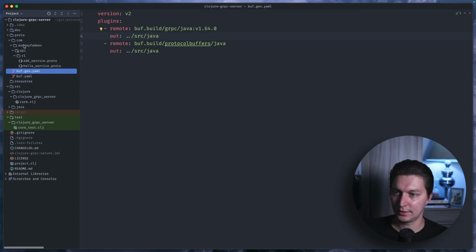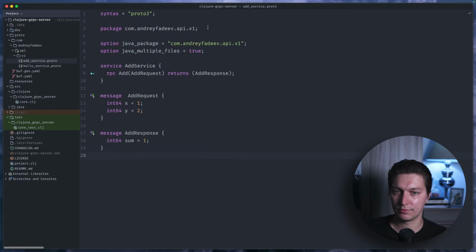And here we define our proto files, and the best practice, I believe, is to put them under some package name. So it will be com android api v1, and v1 is important because it's one of the recommendations that your gRPC schemas are versioned. Let's say you have this v1, and then you're not allowed to do any breaking changes in your request responses, which could be a bit limiting. And if you want to introduce a breaking change, you can just copy paste the entire thing, bump the version to v2, re-implement that in the service, support two implementations, and then once your clients are moved to v2, you can